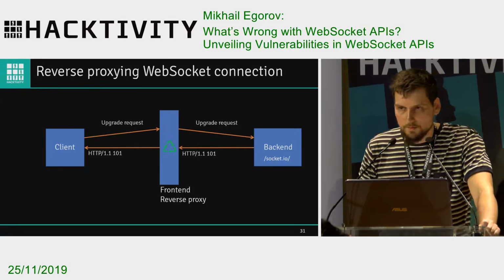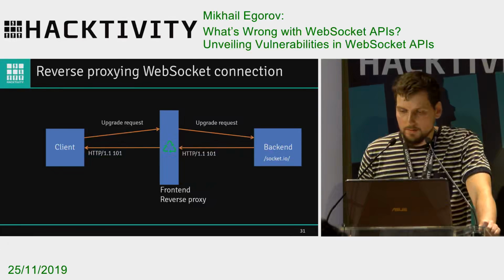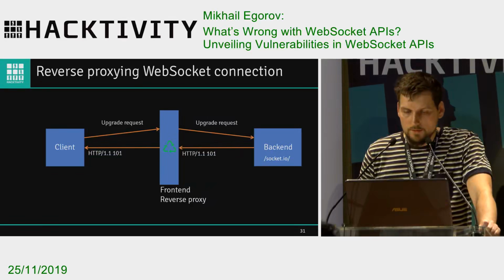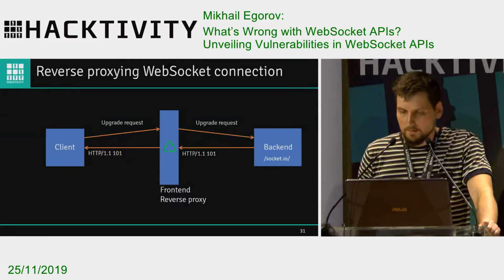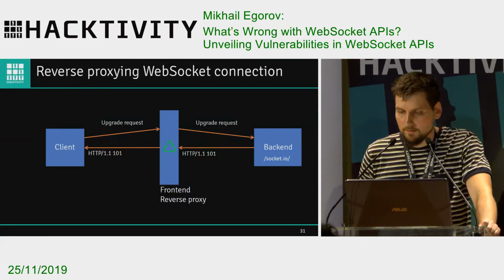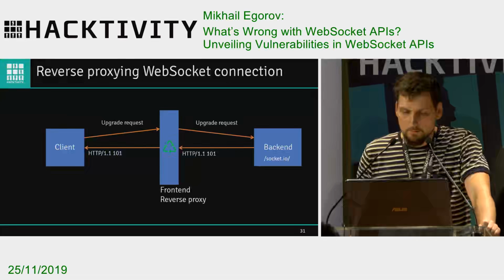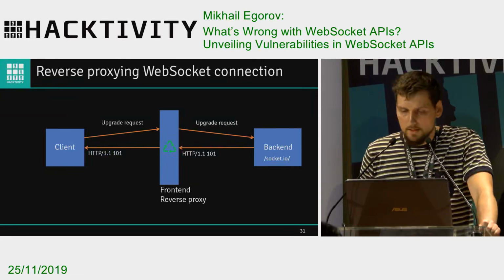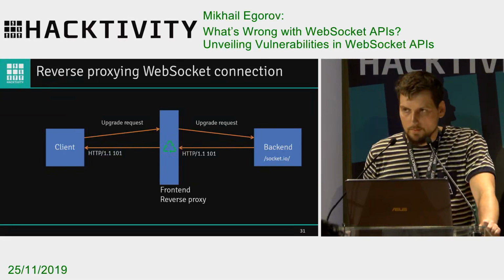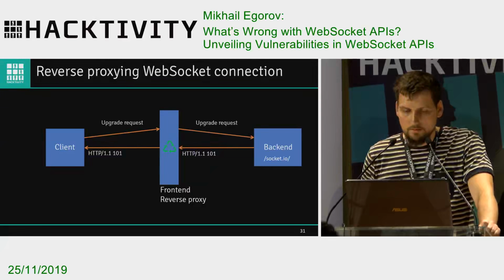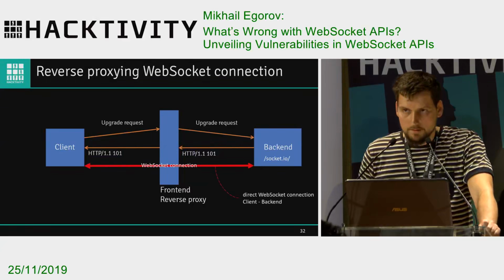Backend answers the reverse proxy with an HTTP response that has status code 101, Switching Protocols. The reverse proxy checks that the status of the response is indeed 101, and the header Sec-WebSocket-Accept has the correct acknowledgement. If everything is valid, the proxy translates the response to the client. And what's important, it does not close the TLS connection from client to backend. Otherwise, if the response from the backend isn't correct, the reverse proxy immediately terminates that connection. After the client receives